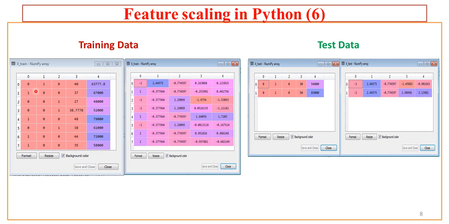Then we have age as one of the columns of the independent feature vector, and then salary. Salary value is ranging in a few thousands, almost a 5-digit value, and age value is simply a 2-digit value, and country is just a bit representation, and all these are in different scales.